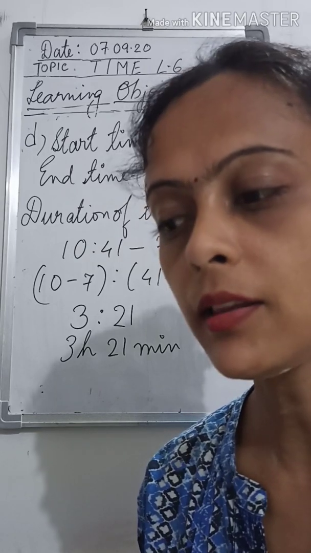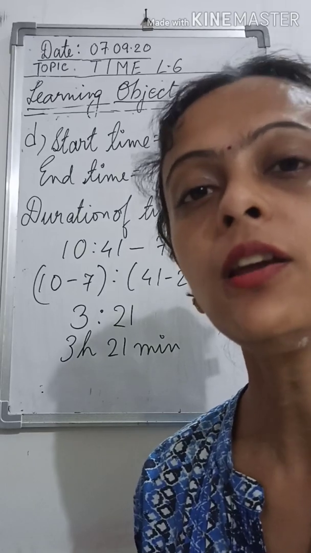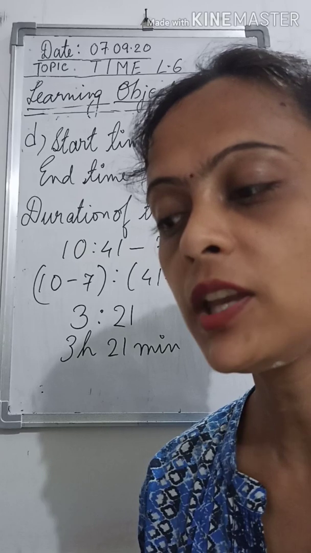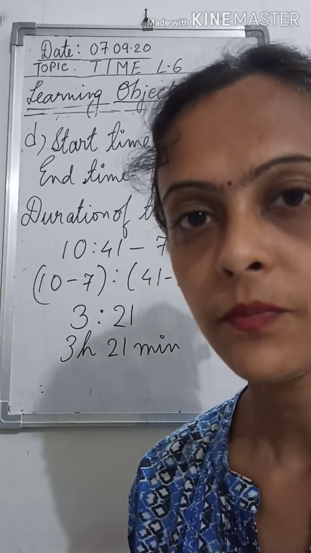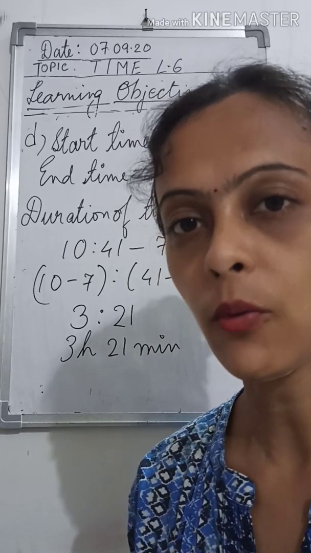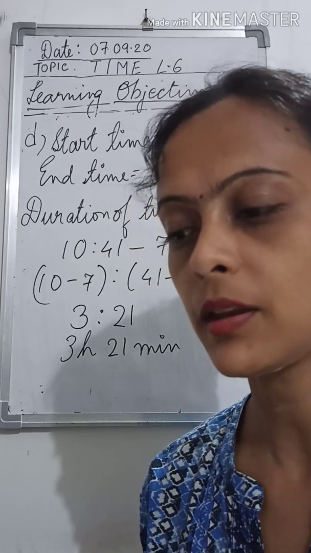Because from 9 to 10 the time, that means if the timing is 9 a.m. then the competition will end at 10 a.m. But since she has finished 15 minutes before, that means 1 hour has not crossed, isn't it? So 1 hour means how many minutes children? 1 hour means 60 minutes. Okay, 1 hour means 60 minutes.